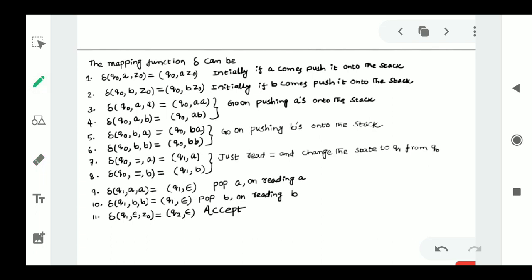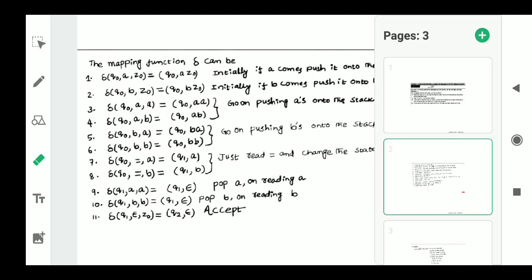Here we have written, change the state from Q1 to Q0. No need to come to Q0 again. You can go to the next state Q2. And at Q2 you can perform the pop operation. Whether the input symbol is A and the top of the stack is A, or the input symbol is B and the top of the stack is B, you can perform pop operations there. Pop A on reading A, pop B on reading B. These two operations are very important once the equal to operator is encountered. So finally, whenever the stack contains only Z0, that doesn't mean the stack is not empty. So when the stack is empty, we will say that the language got accepted by the PDA.